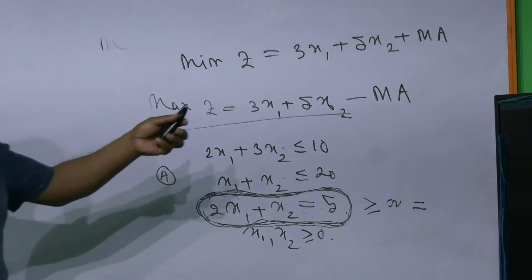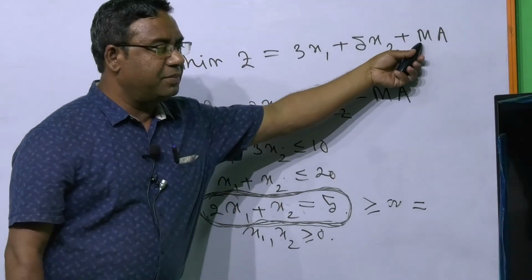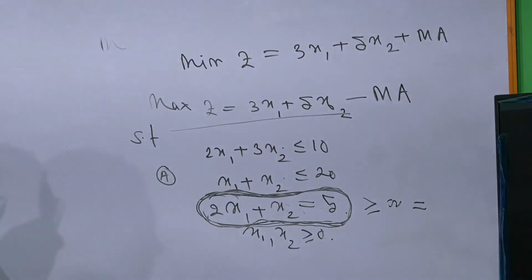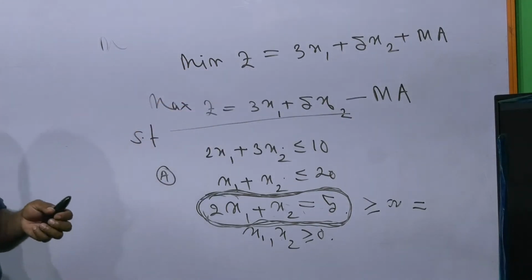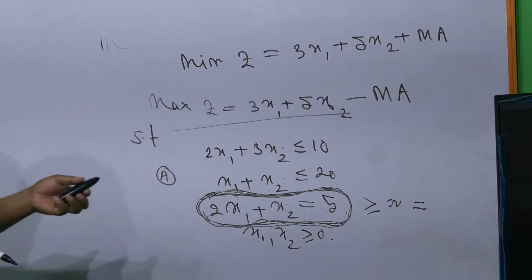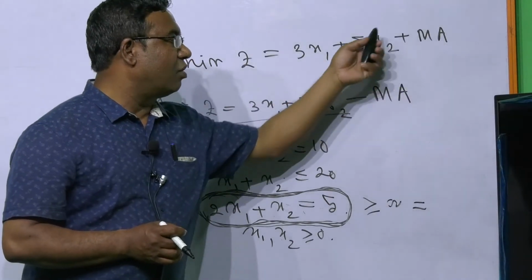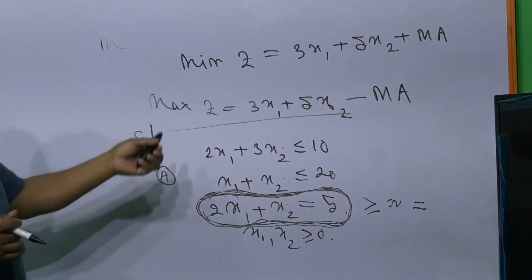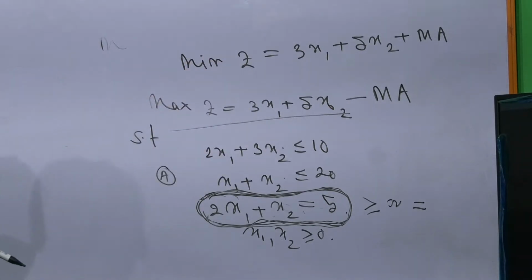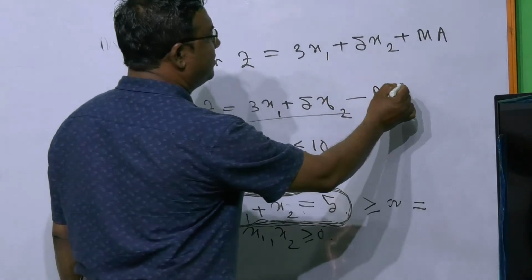M means these prices are unfavorable, and if at least one artificial variable vector is present in the basis, that is, at least one artificial variable is in the positive level, the objective function cannot be maximized. If the artificial variable is involved in the objective function, then we cannot maximize or minimize the objective function. We want to remove this artificial variable